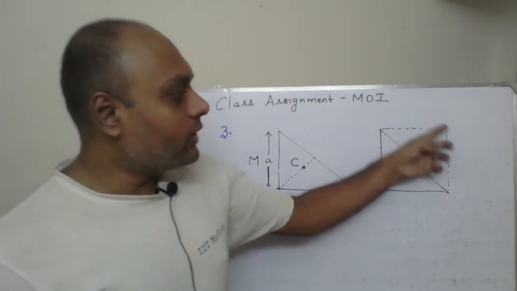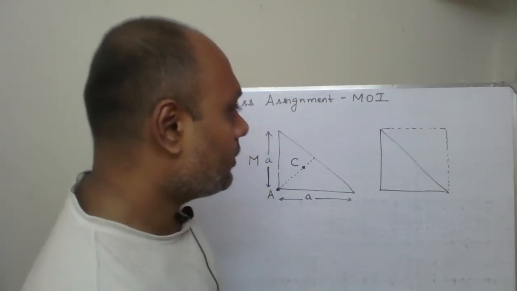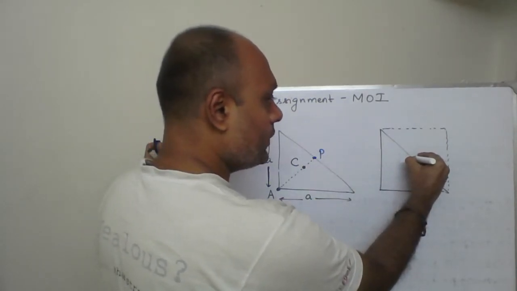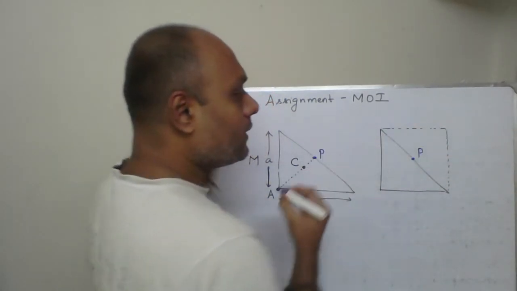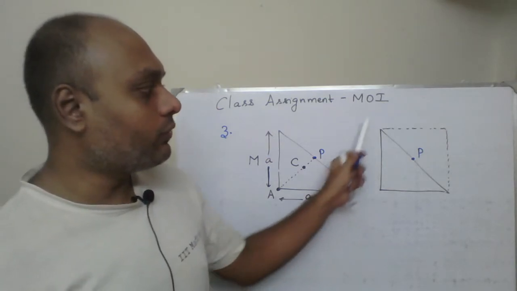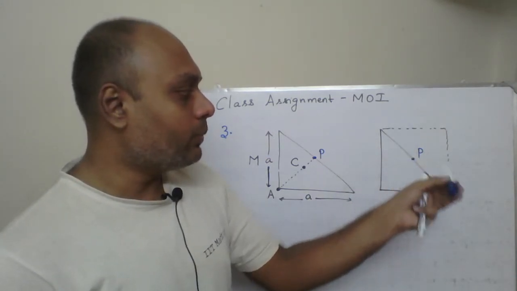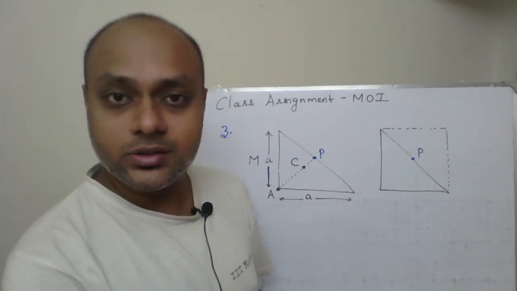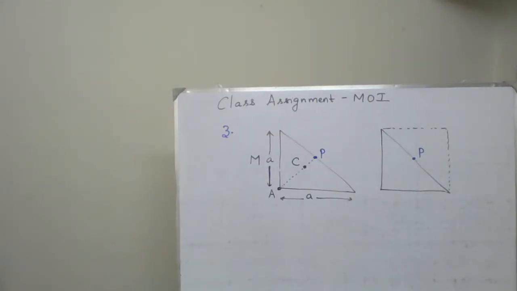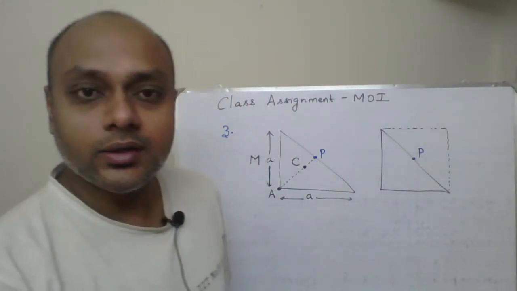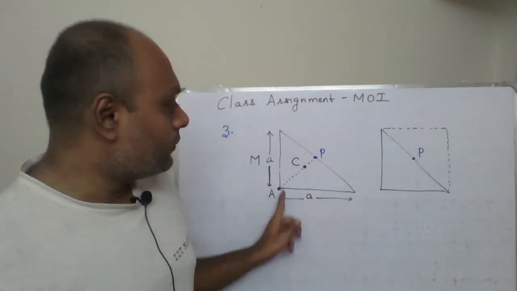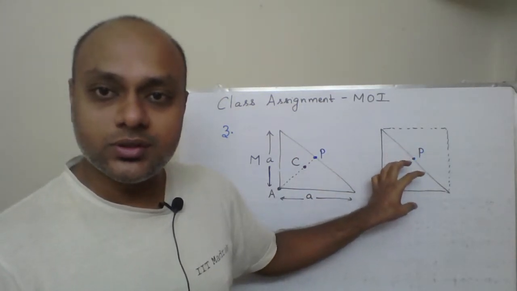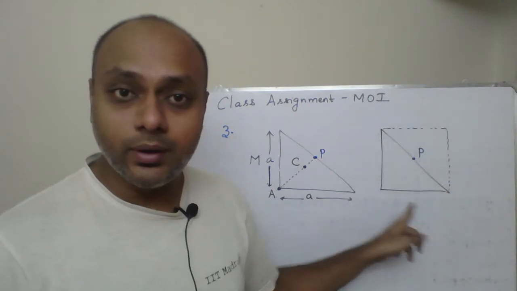And we know moment of inertia for a square about axis passing through, I'll label this point as P. So this point is P over here. So I will know what is moment of inertia for the full square about axis passing through point P, about this axis. That expression is known. But note that when we make constructions, the mass of this particular triangle is given to be m. When we make construction, the mass will change. Now this is m, this will also be m. The mass of the square will become 2m.